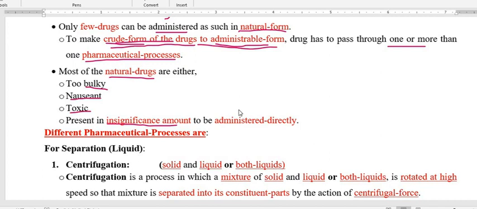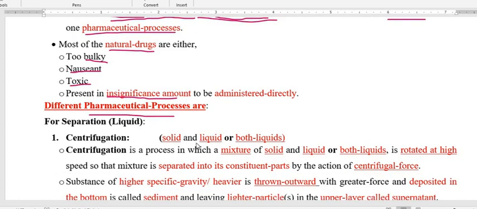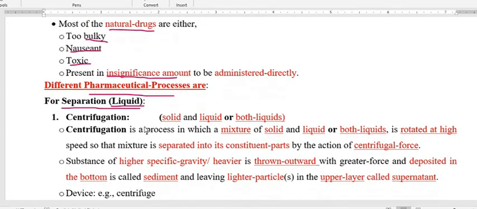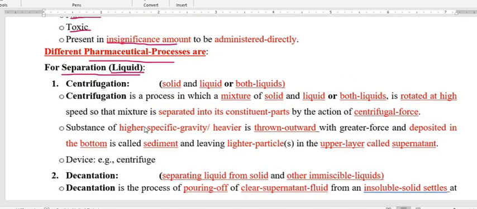So now we have to start with the different pharmaceutical processes. So let us start. The processes we are talking about are mainly concerned with separation, particularly liquid separation. And the first one is